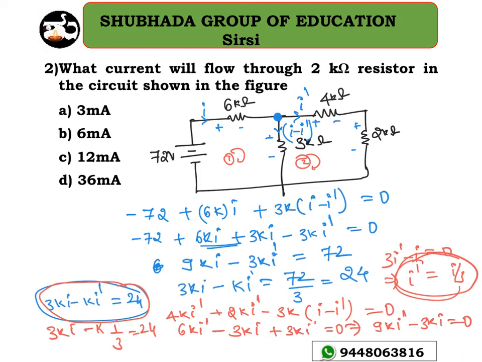Okay, so let me take a fresh page now. Let's get the value of I here. The value of I is going to be in milliamperes. Then what is the value of I dash? For the 2 kilo ohm resistor, as you know V equals I into R, the question is to find out what the current is. The same current I dash is flowing here, right? So how much is that? 3 milliampere. So that's the reason why option A is the right answer. 3 milliampere current is flowing through both the 4 kilo ohm resistor as well as the 2 kilo ohm resistor, as they are connected in series.